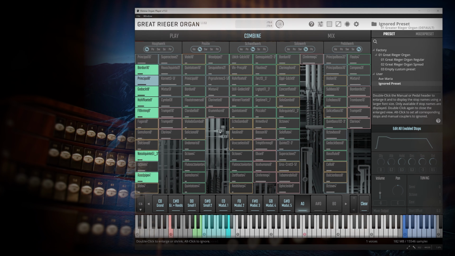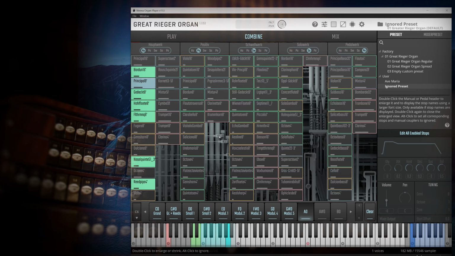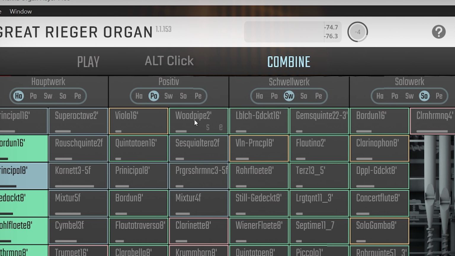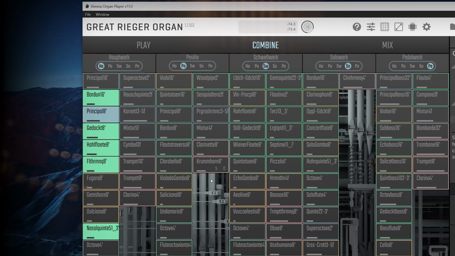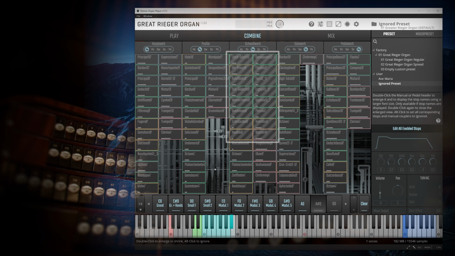Next up is a tricky but very powerful feature. An Alt click sets your stops and manual couplers in an ignored state. So when you load a combination with ignored stops, those stops will not be touched and will stay in their previous state, whatever it may be.